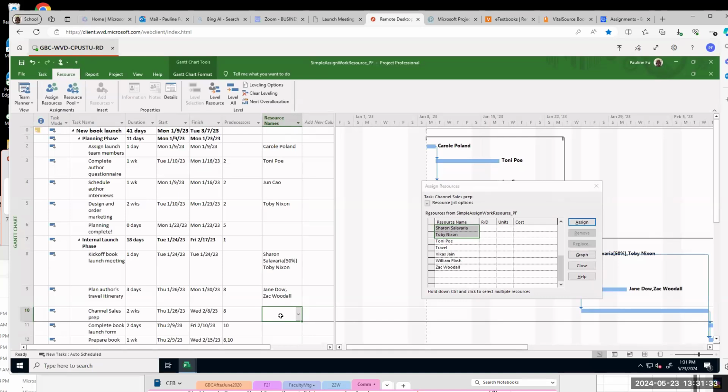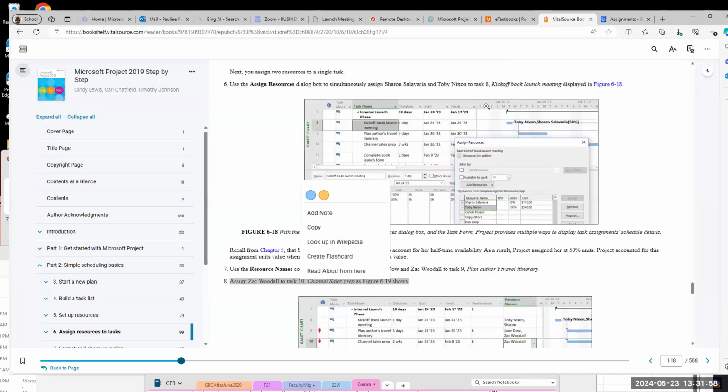And then select Zach Woodall. Press Enter key. So you assigned Zach to task 10. All right. Questions?